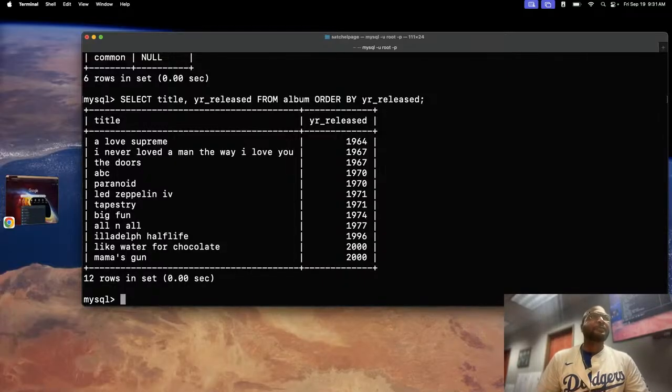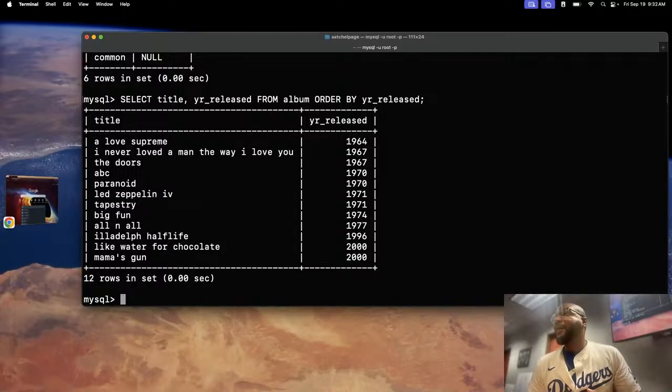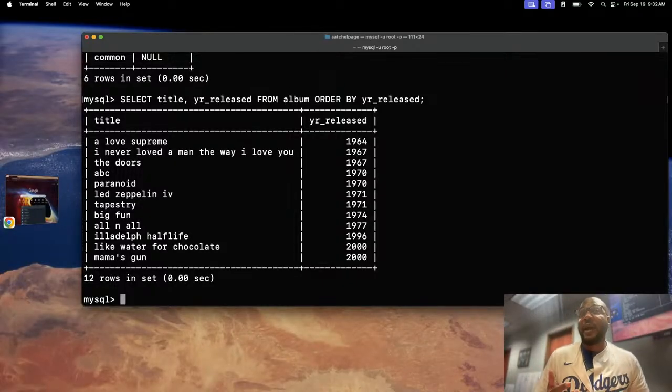Okay. So, as you can see here, with order by, if I'm ordering by some kind of character or what have you, a letter, then it will be in alphabetical order. If I'm ordering by a numerical value, it's going to return in numerical order. Okay. This is also very useful when you want to